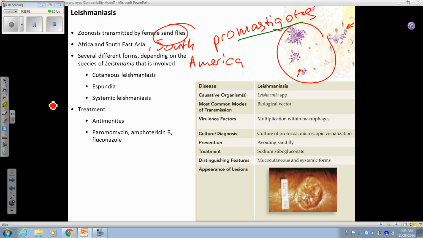It can cause cutaneous leishmaniasis. You can see the leishmania wound on this picture. It can cause spundia, which is a mucosal lesion, or systemic. Cutaneous is fairly mild, and it's pretty common in